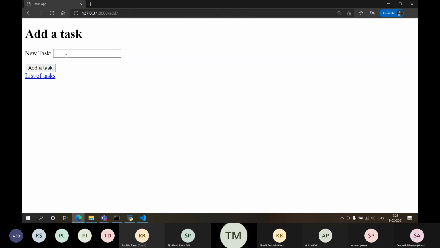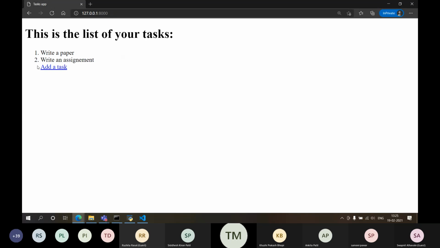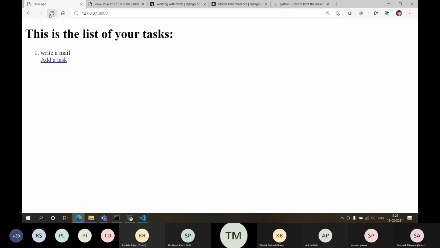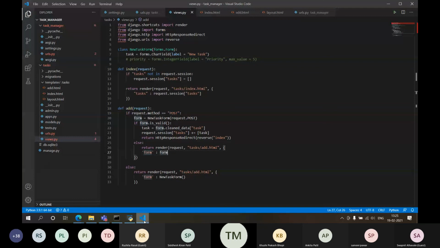For this user, again I'll say write an assignment. And you see, I have added 2 tasks for this user, whereas for this user there is only 1 task. So with sessions, without login, you can implement tasks.